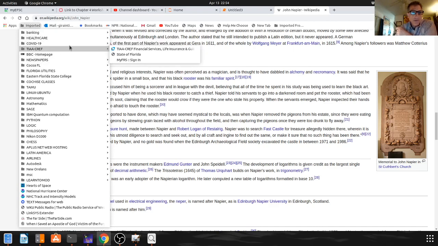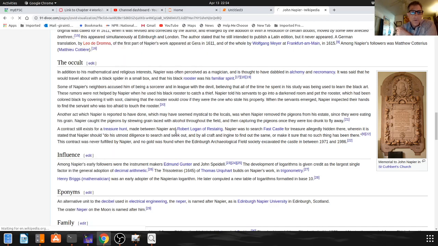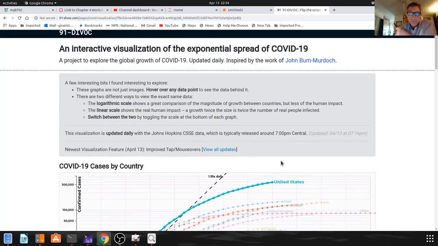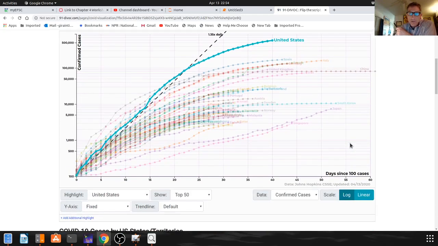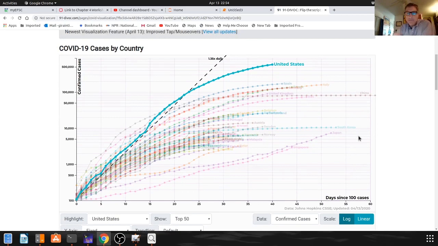I actually have a COVID-19 folder. Yeah. So here we actually have, it's kind of nice, this 1.35 daily % increase. And we're getting further and further away. But if you notice this scale,